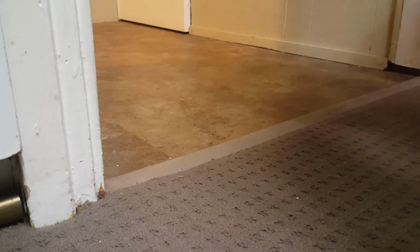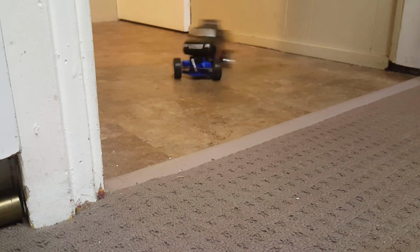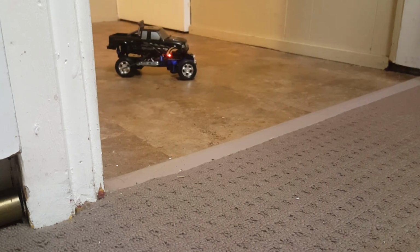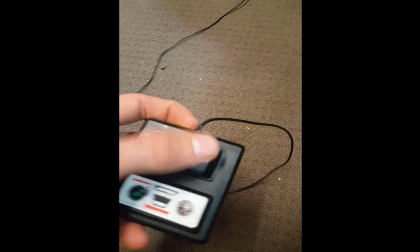Let's see if this thing can do donuts. Hell yeah. A few weeks ago I found a little remote controlled car whilst cleaning up, but this was unlike any